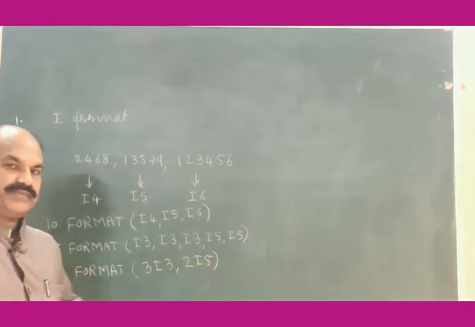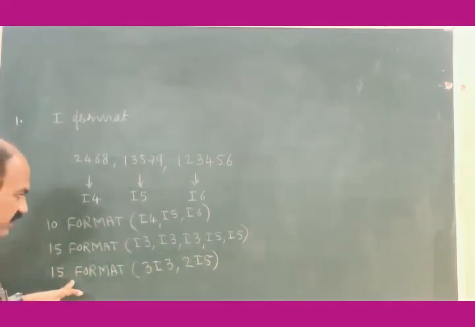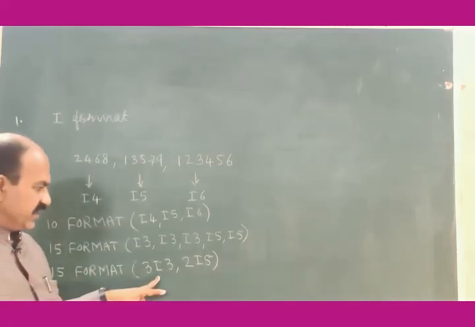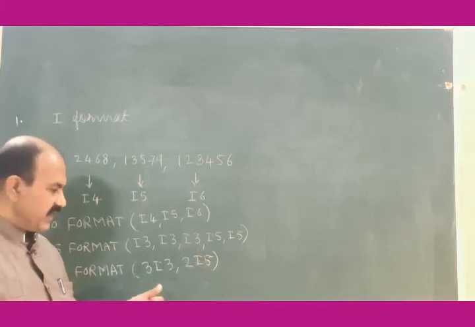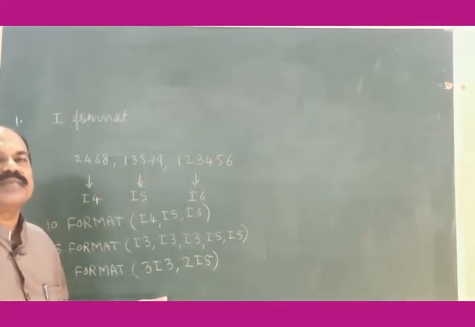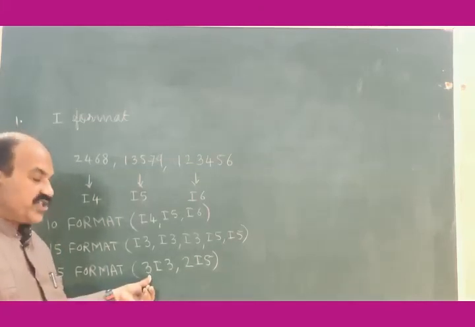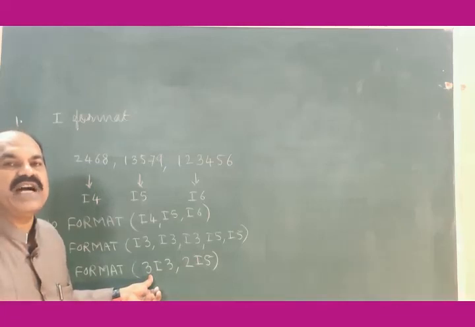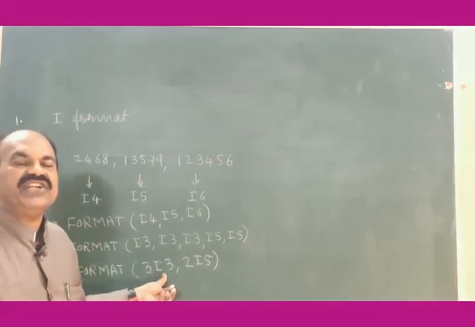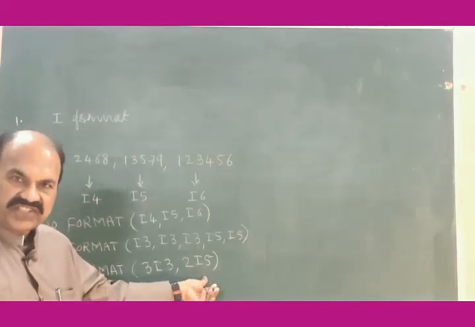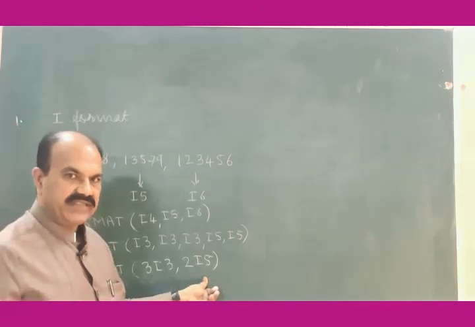You can write this way. The other way is this. Now what is the meaning of this statement? Statement number, the statement for format specification, format specifier, format specifier. 3I3. What does this mean? It means that the first three input data items are 3 digits long integers. 2I5. What does this mean? It means that